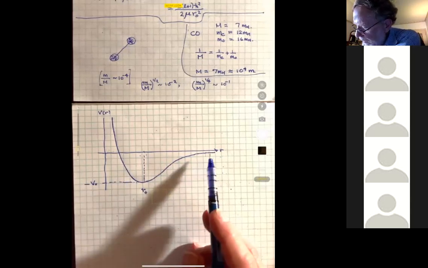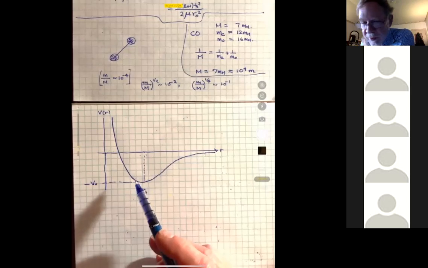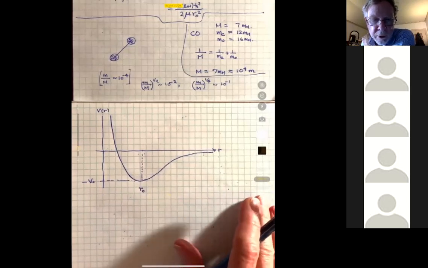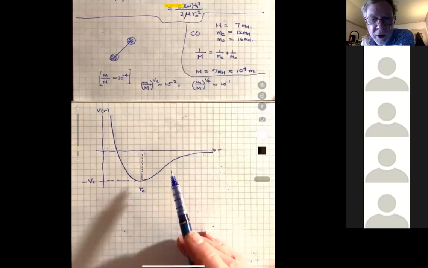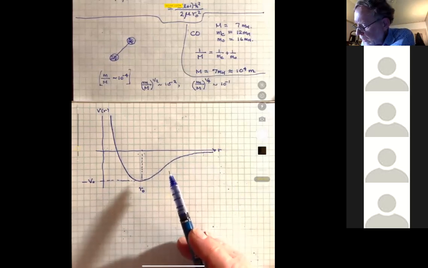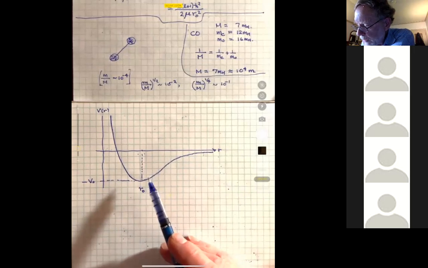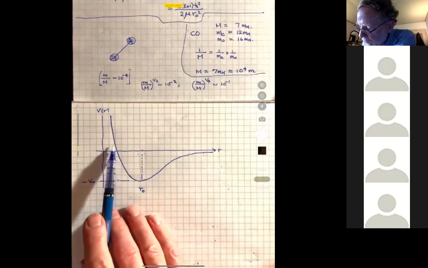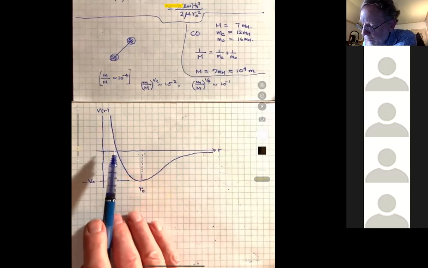The mathematics of this potential is hard, and I can't go into it, so I won't. There's no simple formula for this curve. But the physics of it is fairly simple, and it's easy to understand where the curve comes from, or how it comes about. In the first place, at small radii, where the potential goes large, the reason it does so